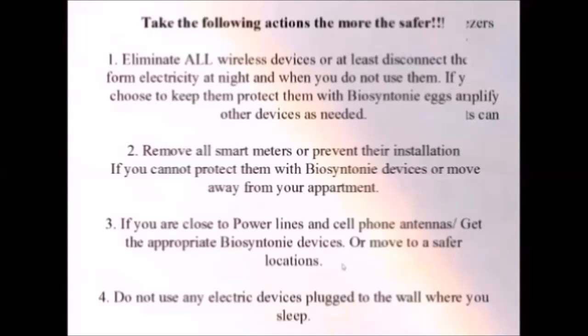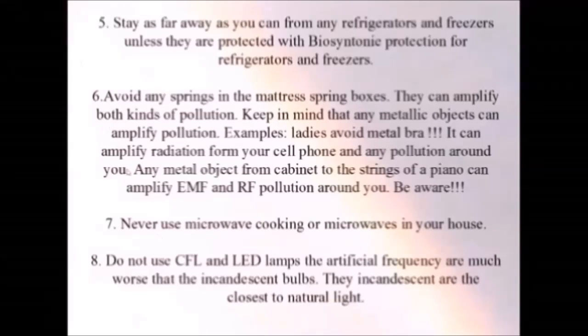Check for power lines and antennas. If you don't use anything to mitigate your house, stay away from refrigerators and freezers, especially when you sleep, or put protection. We have protection for that. Incidentally, be aware that the resonance from the refrigerator affects not only you, but also the food. Food that has the artificial frequencies from the refrigeration actually is less nutritious, and it's not good for your body. And what people observe when they have the biosyntony protection of the refrigerator, food lasts several times longer and fresher